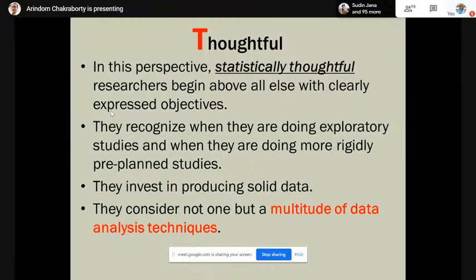So they consider not one but a multitude of data analysis techniques. You should view the problem not only from one angle but from multiple angles. It may happen that someone says, well, you can do some principal component analysis. You just think, is there any other method or technique available to do a similar sort of thing? Whenever you try to see the data in a more holistic way, probably you will get more avenues from that data, and your analysis will be more complete if you can think in that way, not in a unidirectional way.